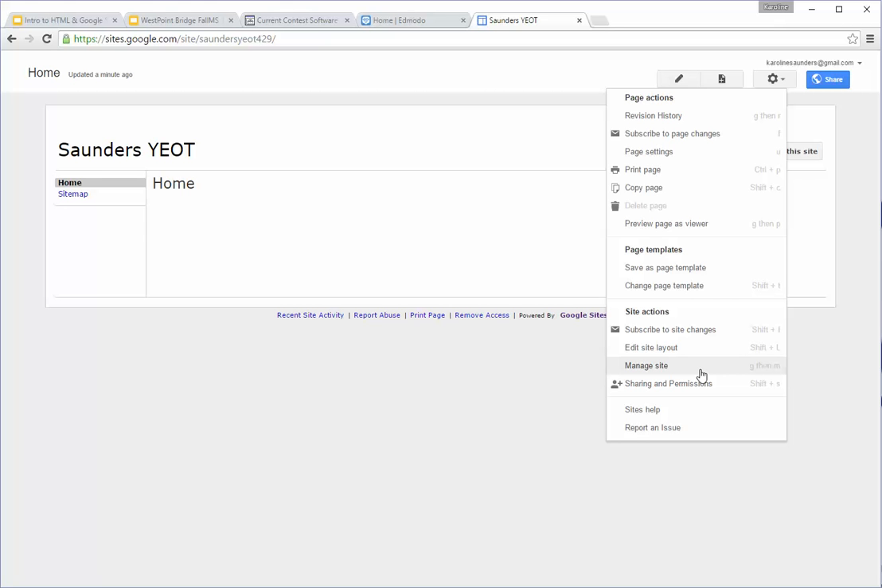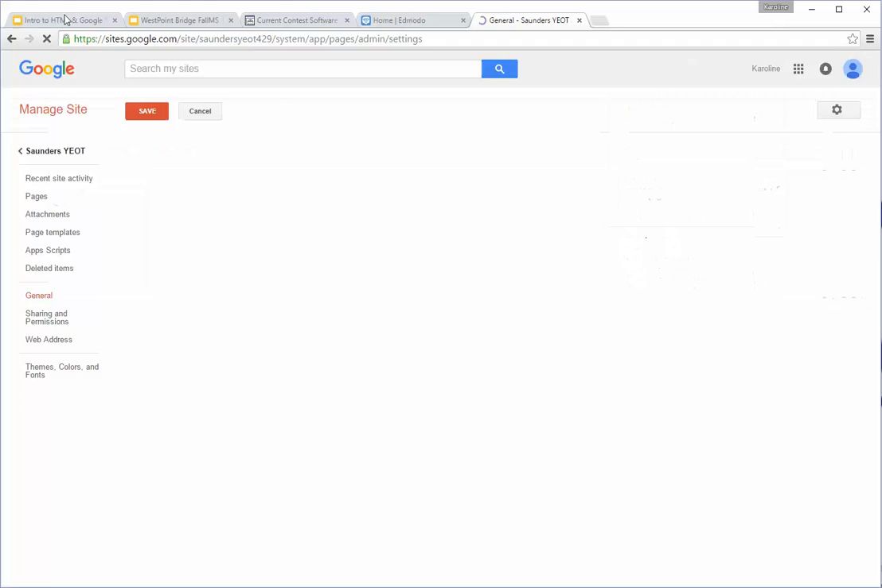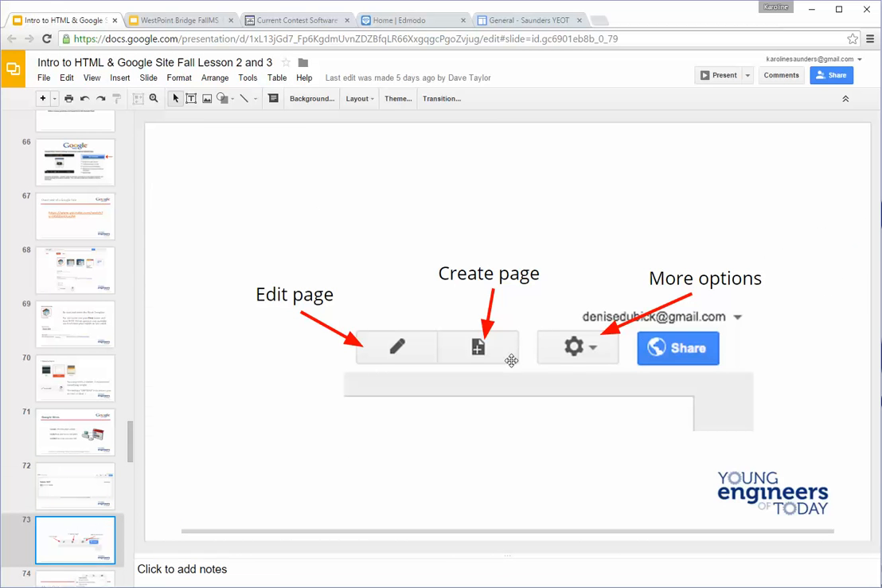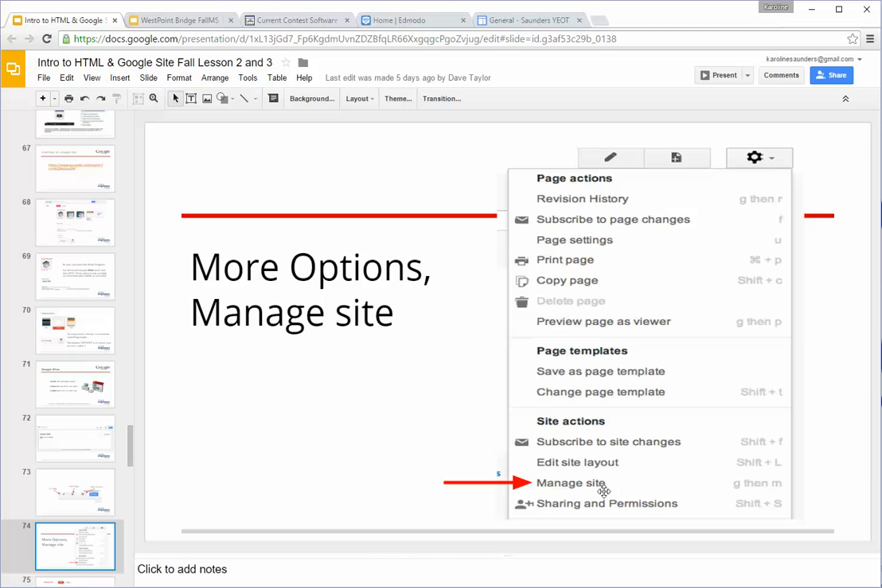We're going to scroll down to Manage Site. So let me show it over here. More options. There's this gear. Manage Site. If you all remember that whole spiel I did last week about internet safety, we're still going to be taking that into account. Alright? So on this Manage Site page,